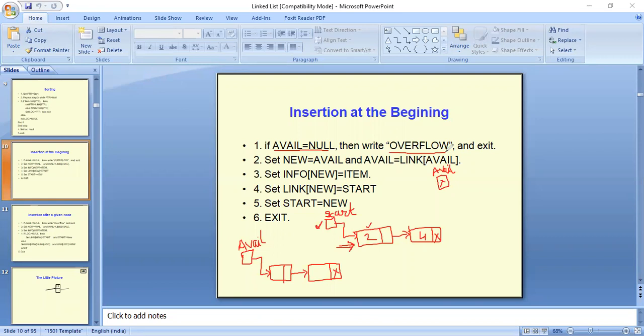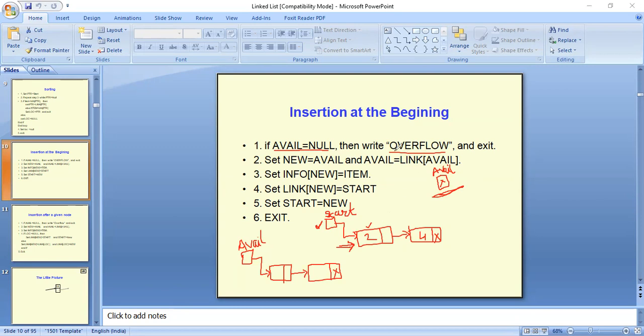When you are filling a glass of water and you don't have the empty space in that glass, what will happen? It will simply overflow the water, right? So if you don't have the empty node in aval, that means you cannot add a new node into the linked list.